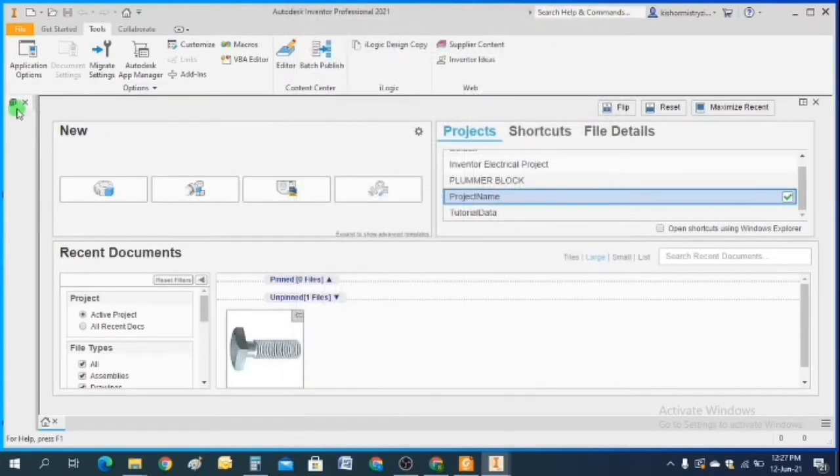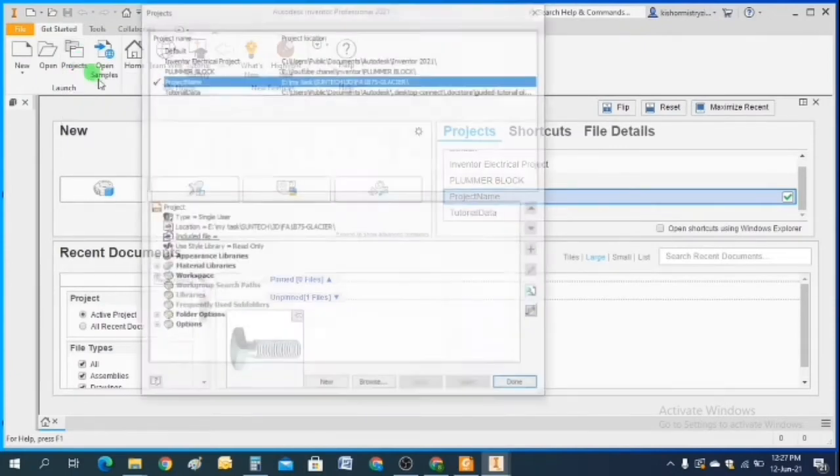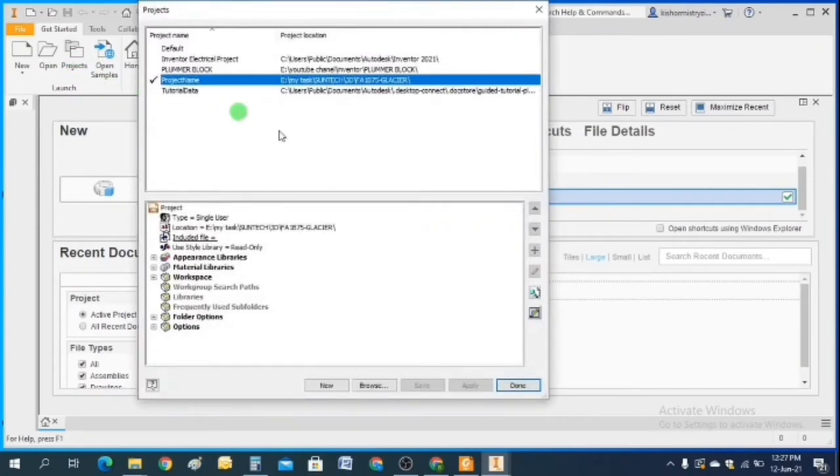Now you have to create a new project, so that whenever you make a part or assembly, or open the same thing again and again, you don't have to search or browse for it from your computer. It will directly go to your project file. So for this you have to create a project. Click Project, and a new window will pop up on your screen.